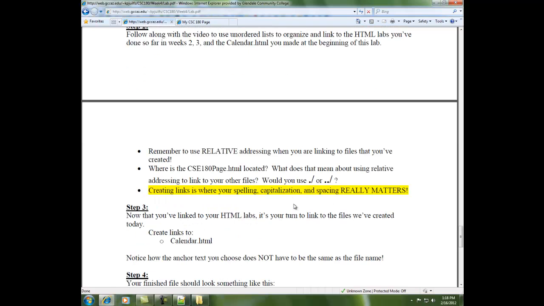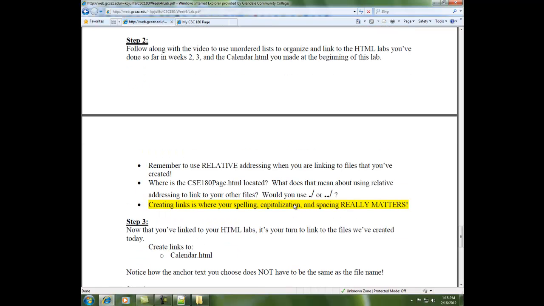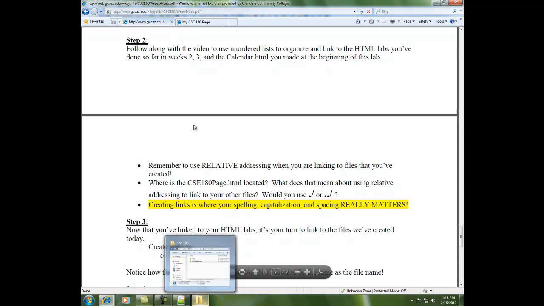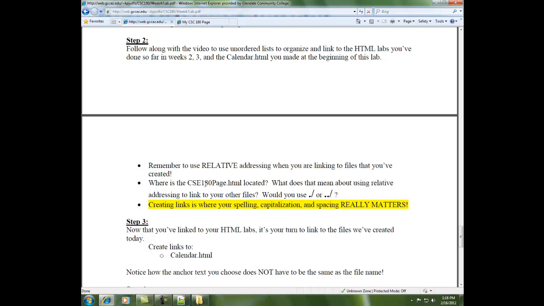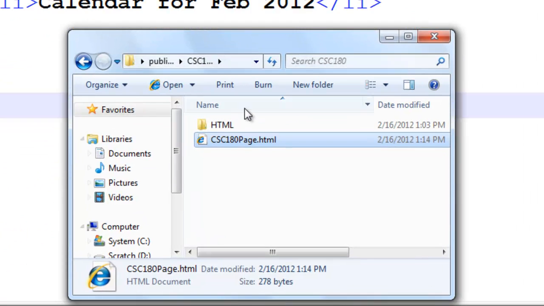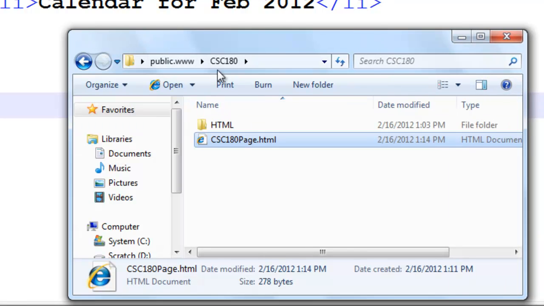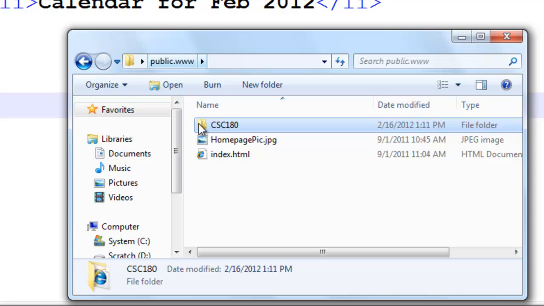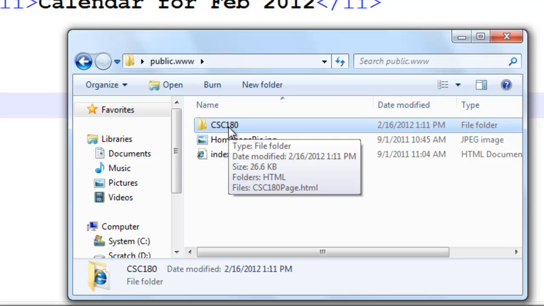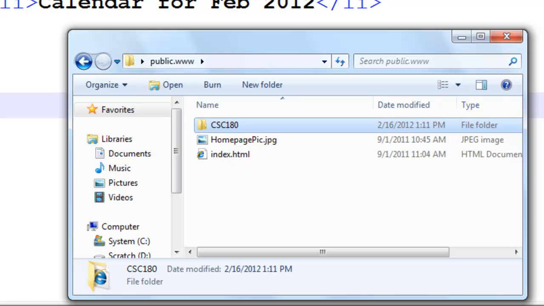So let's move on. Now we're going to add these links, and we're going to do relative addressing. The first thing we need to look at is, where is our CSC180 page located, and what does this mean? Our CSC180 page is located right here, right inside our CSC180 folder. If I go up a level, there's my CSC180 folder. So the very first link we're going to do is to my home page